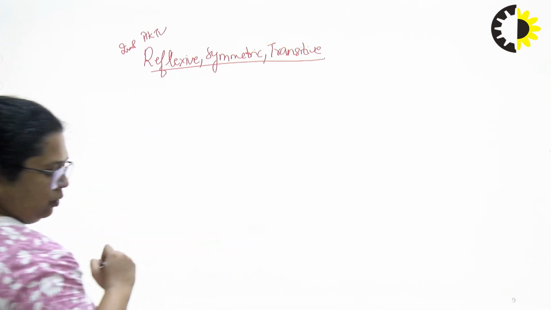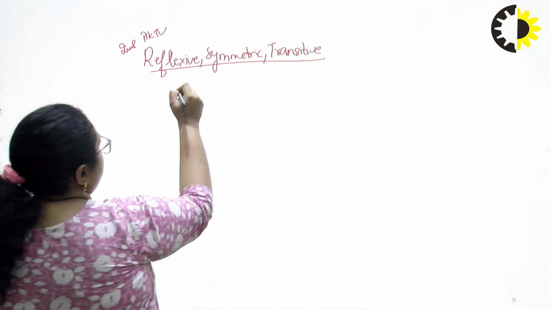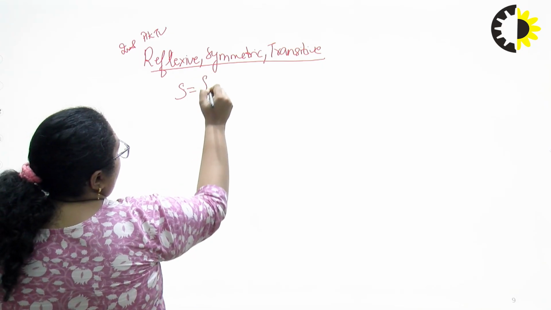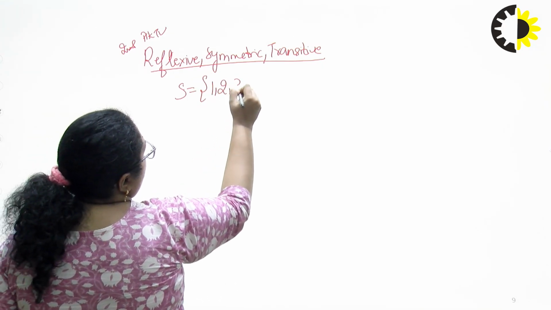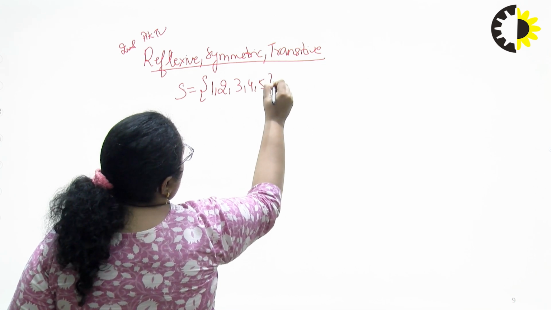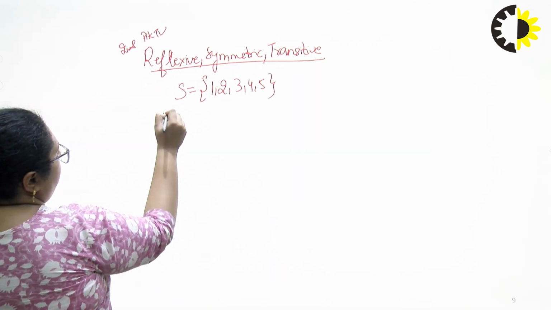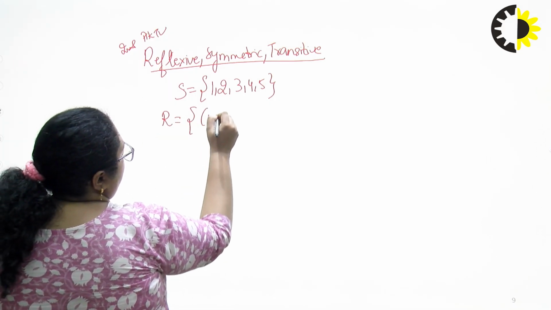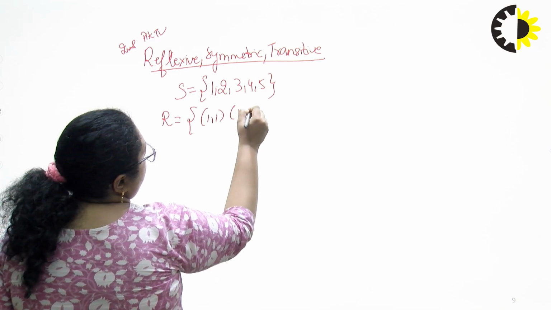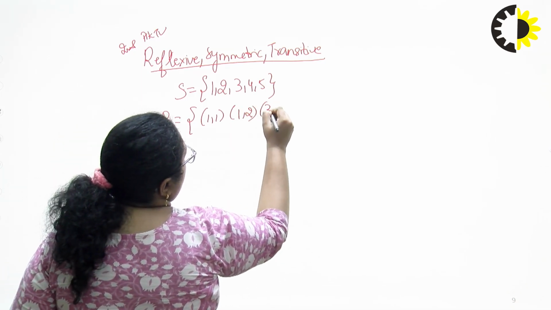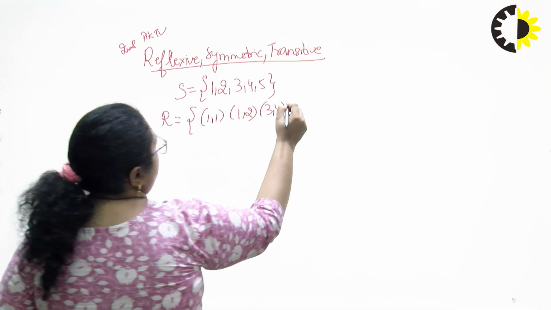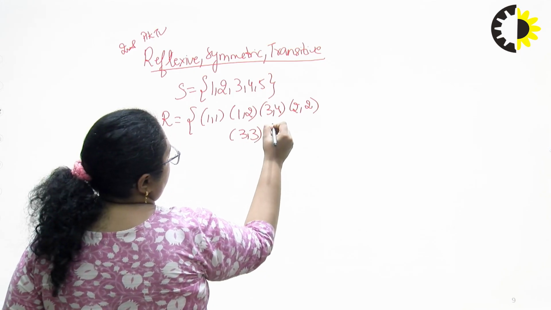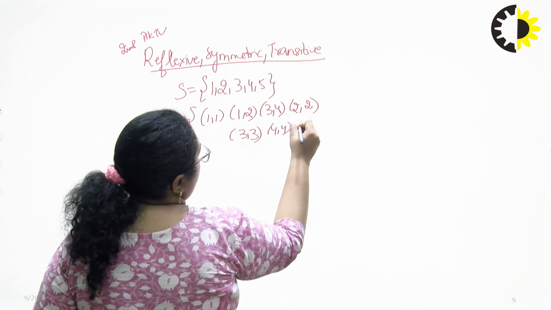Suppose we have a set and a relation. We have a set S having elements 1, 2, 3, 4, 5 and the relation on set S is: (1,1), (1,2), (1,3), (1,4), (2,2), (3,3), (4,4), (5,5),